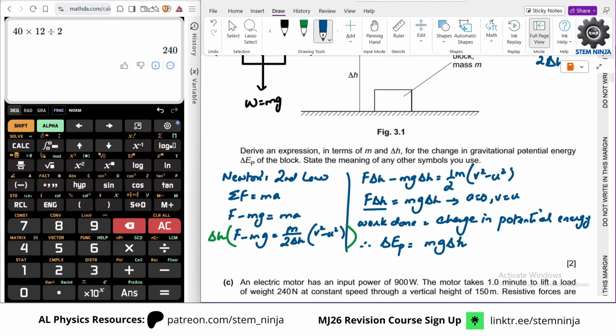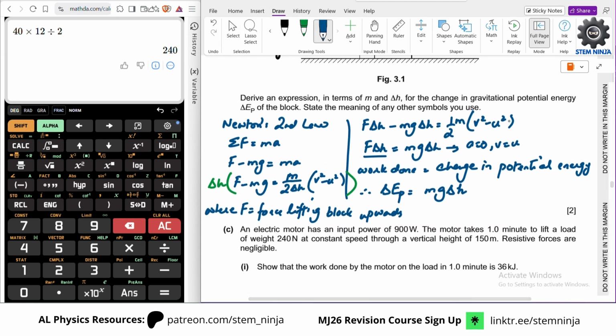Any other symbols we used? Oh, right. So where F is force lifting block upwards. And you can have the V and the U also, A also. So V and U are velocities, A acceleration,